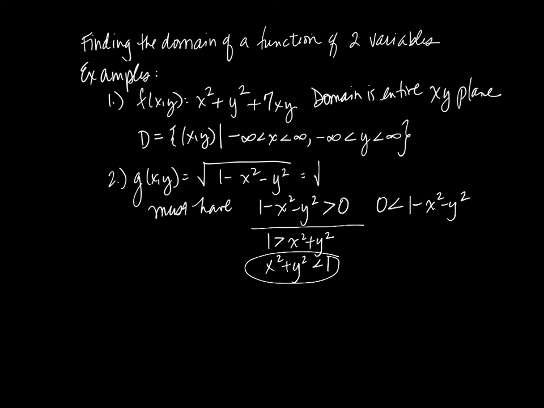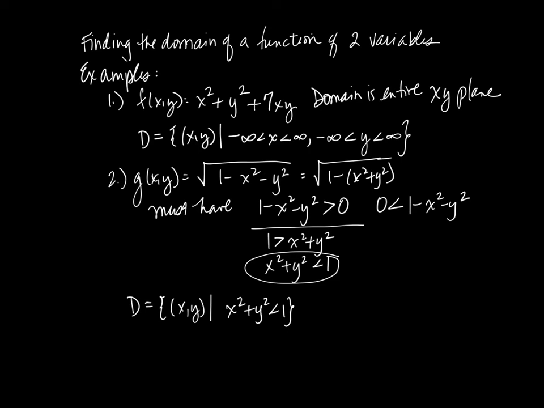And if we think of this in a slightly different way, if we factor out a negative from the x squared and y squared, it looks like that. So you can clearly see, in order for this to be positive, x squared plus y squared has to be less than 1. And so we're going to write that as the domain is equal to the set of all points x, y, such that x squared plus y squared is less than 1. That's it. That's the only condition. So you pick any point in the xy plane that meets that condition.